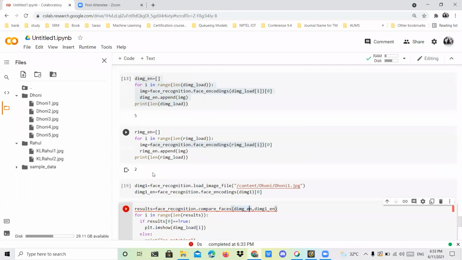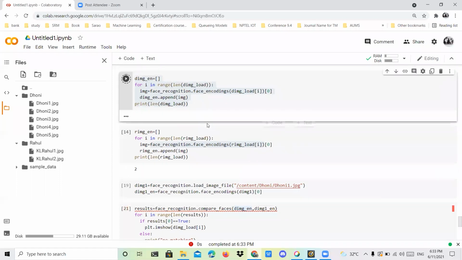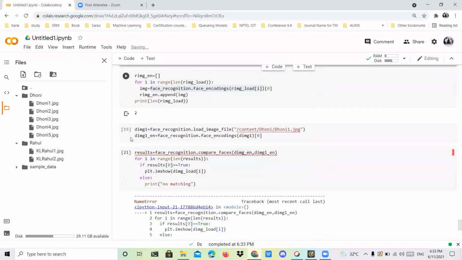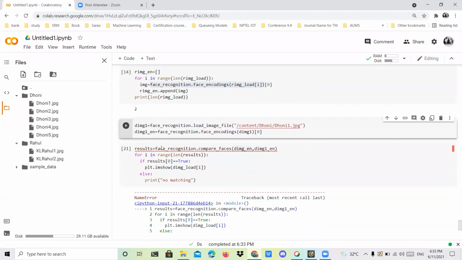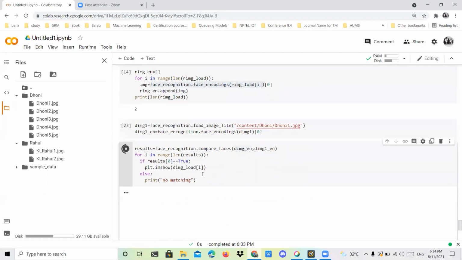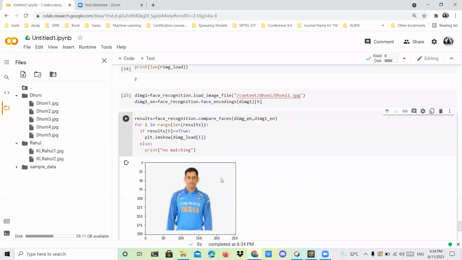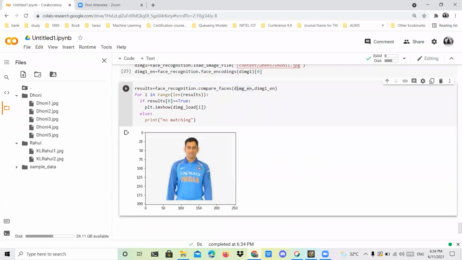Okay, I'll run it again. This is my already available array, and this is my single image that will be compared. So it shows like this, because both are equal, right?